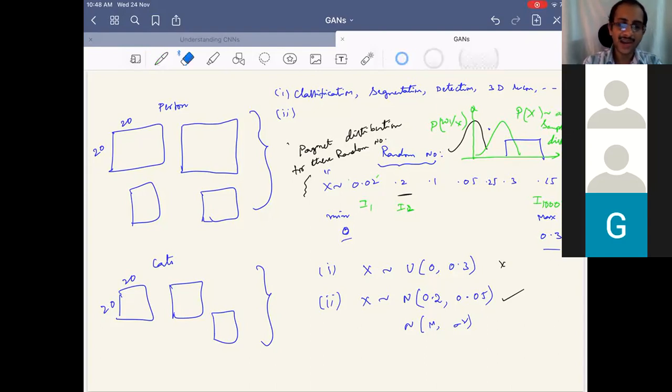And P of x given omega 1 is what? Only that particular class sample. x given omega 1 is the distribution of the omega 1 class. So what is the importance if I capture P of x, the whole sample distribution, or P of x given omega 1, that particular sample class distribution? What more advantages do you think I will have? This will certainly help me with better classification. That's one thing, but are there any other advantages?